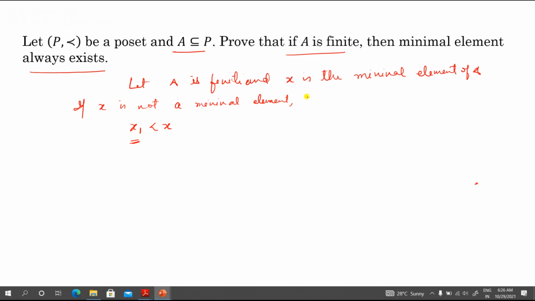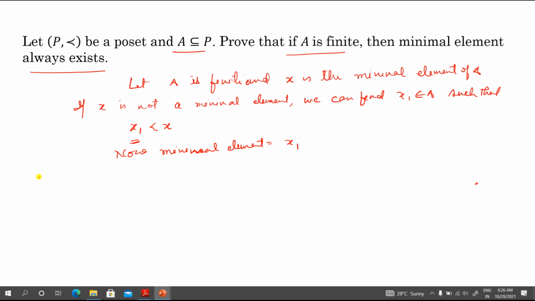If again X1 is not minimal, then again we can find an element X2, and we can repeat this sequence.